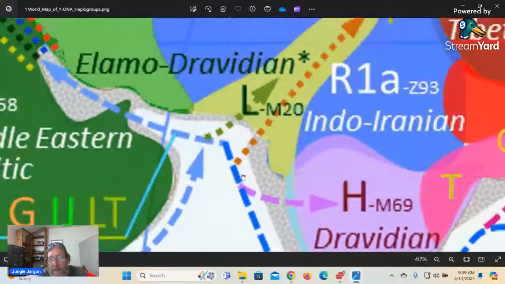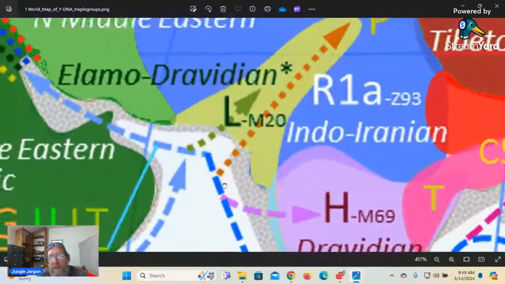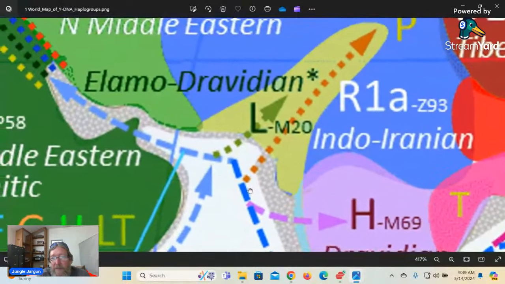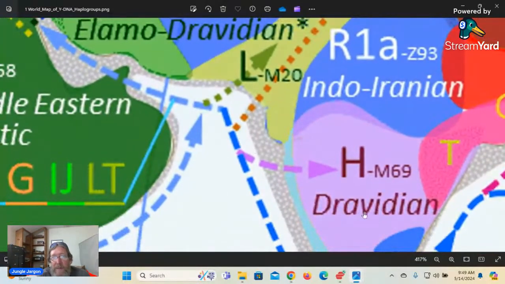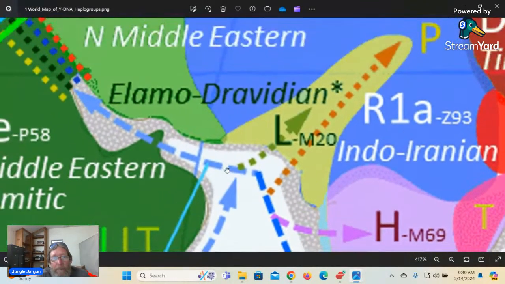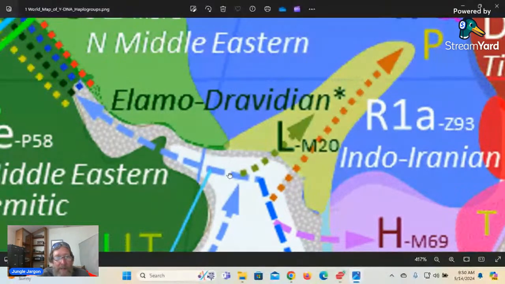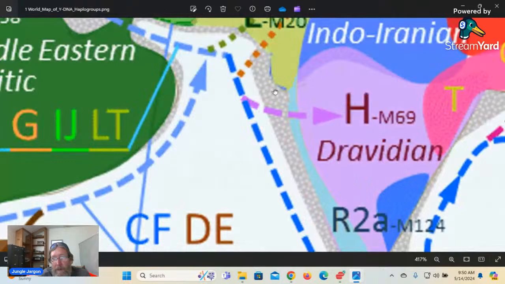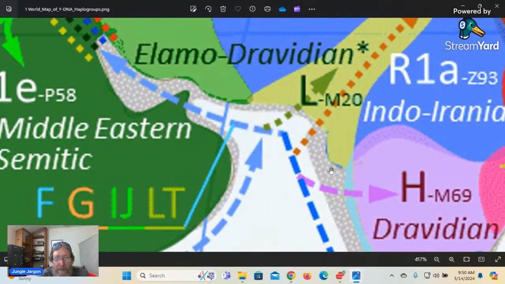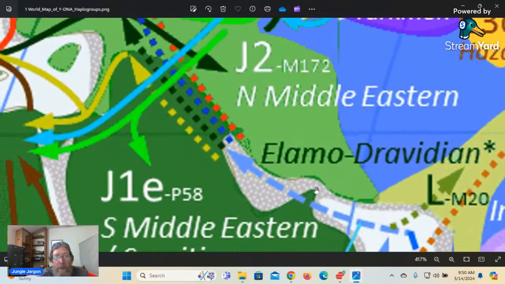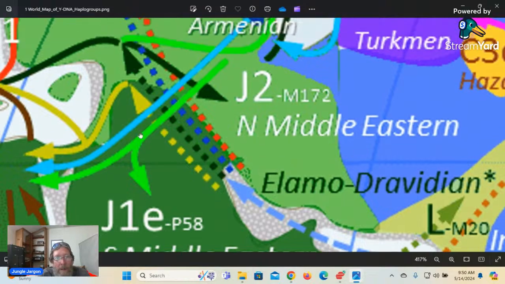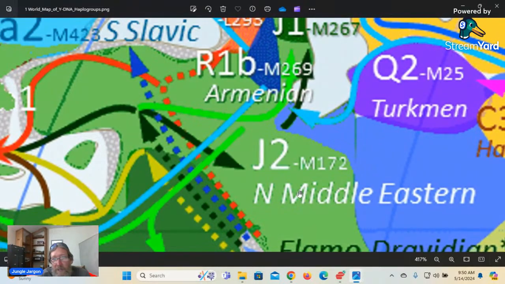The exact lineage, the paternal lineage, which is father to son, all the way down to the Dravidians today, are descended from Elam. What are the chances that even in a map, looking at a map today, you can see the relationship between the Elamites and the Dravidians? And of course, there are known connections. There are known historical ties. And a lot of people get confused with the J2 here,